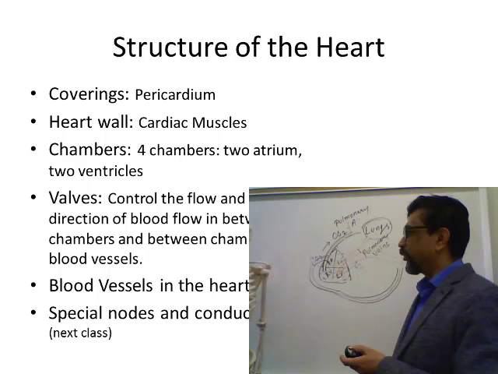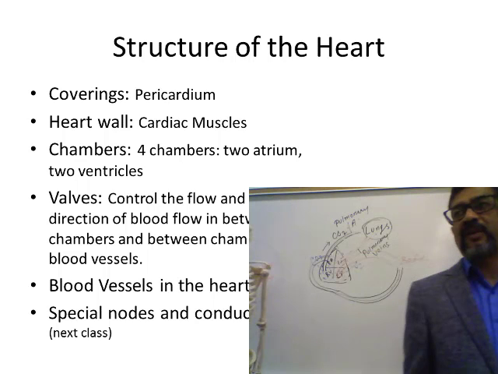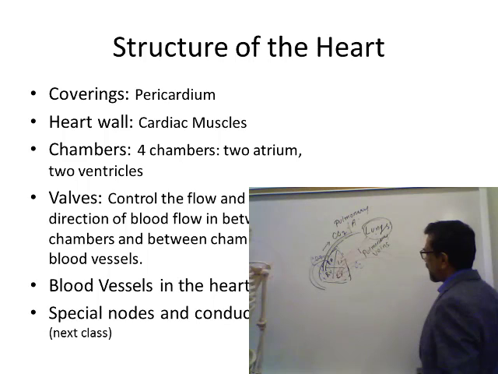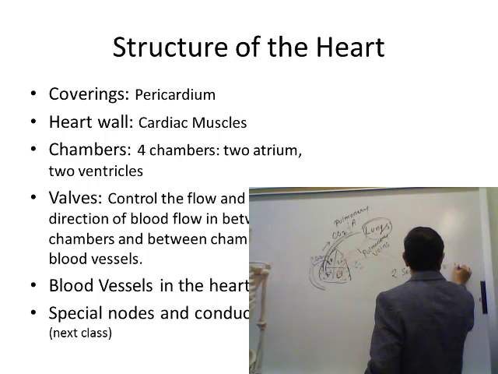The reason is, on the right side you have 3 cusps. Cusp means leaf-like. So on the right side you have 3 cusps. On the left side you have 2 cusps. That's why they are called tricuspid and bicuspid. So those are the 2 AV valves, and 2 sets of semilunar,